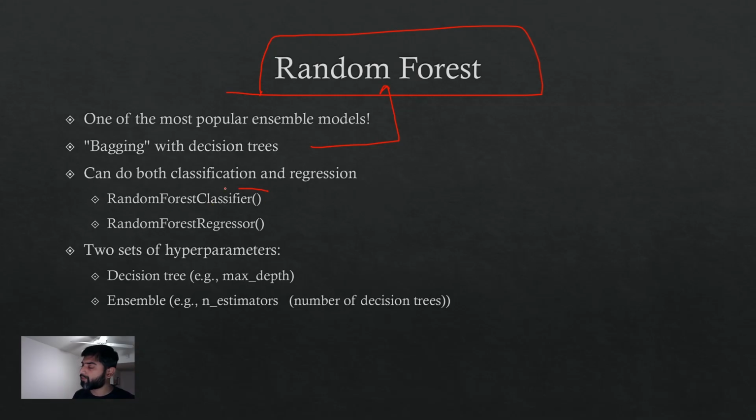There are two kinds of random forest algorithm, obviously. One is for classification problems, the other is for regression problems. Very important are the hyperparameters: exactly the same as in decision trees, maximum depth and everything that pertains to the decision tree, and everything that pertains to a regular ensemble algorithm. That's the number of estimators, or how many decision trees you really want. Do you want 500 of these decision trees, just 100 of them, just 20 of them? That's how you define the different hyperparameters.